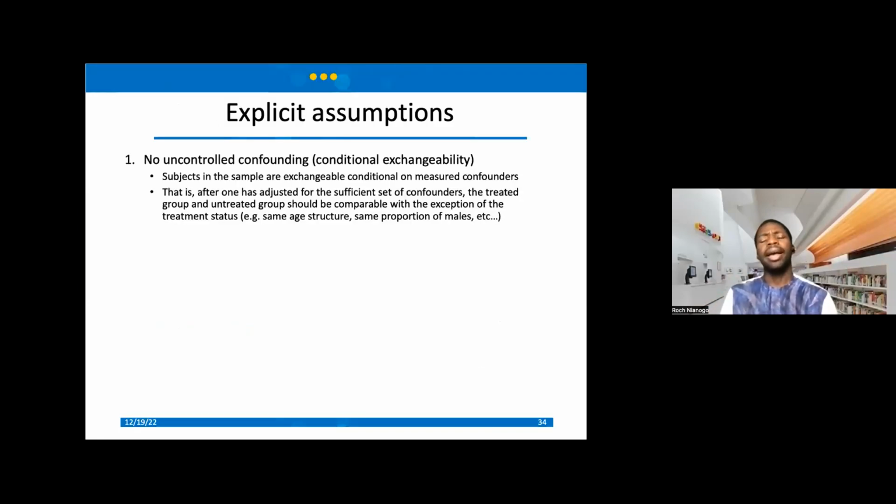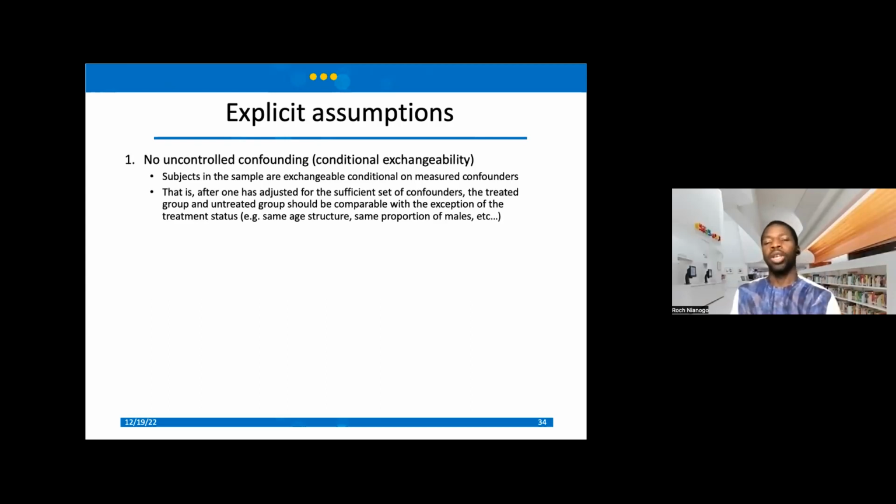Again, it's important to recognize that in the modern approach, an additional thing that we do here is that we make the assumptions explicit. The first one is that we assume that everyone is exchangeable in the population after we have adjusted on the common confounders, covariates.